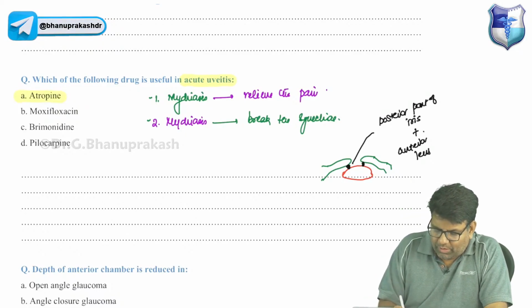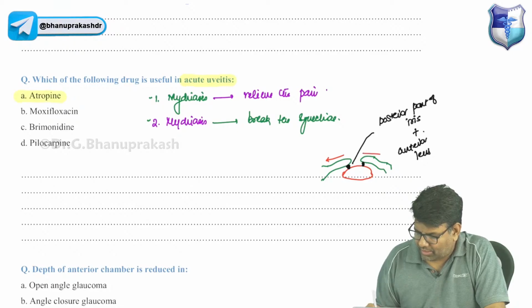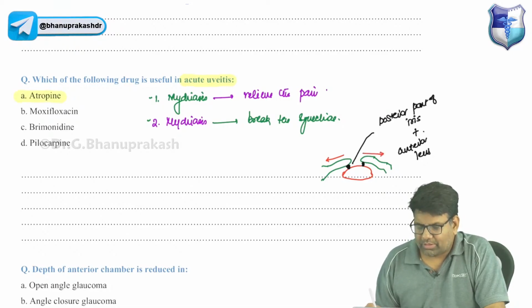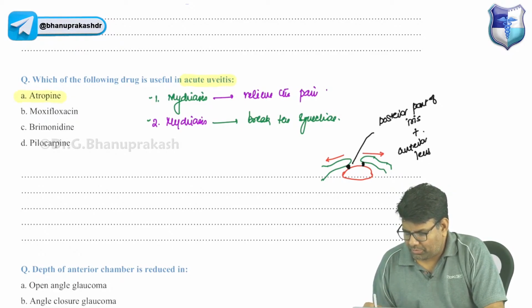And therefore what we do, if we give a mydriatic, it will dilate the pupil. It means the iris will move like this, and whatever synechiae has been formed will break. So that is the principle behind